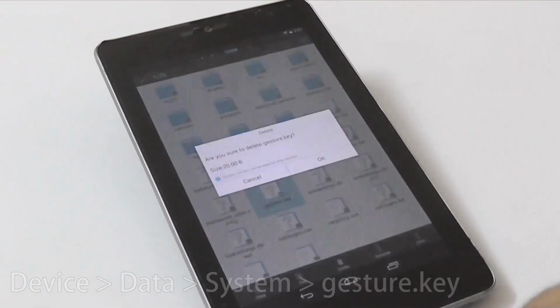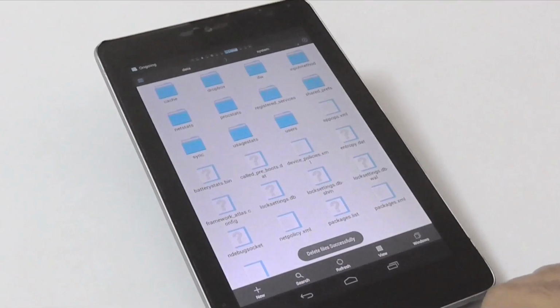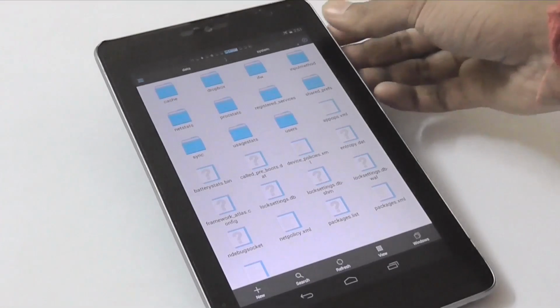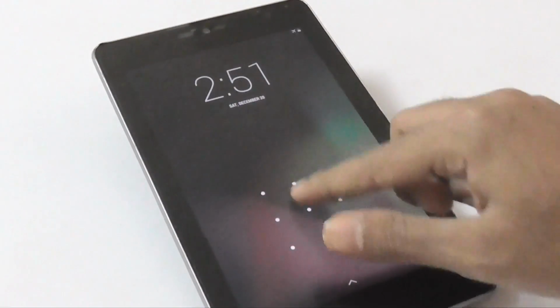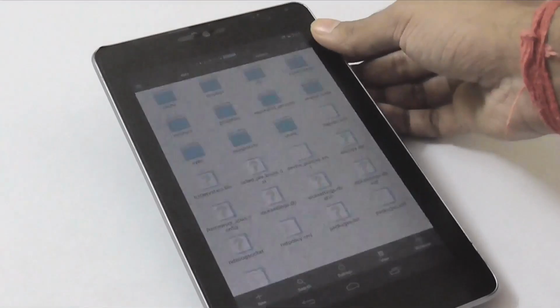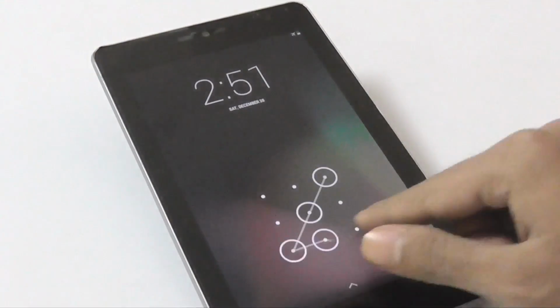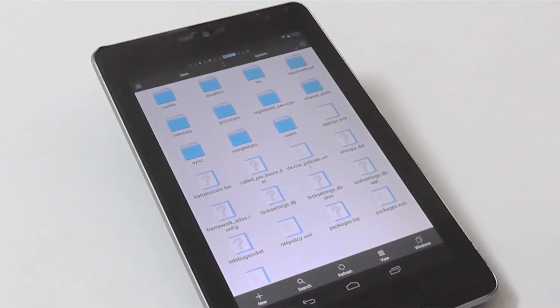But the funny thing here is that your pattern lock will still be there, but it will be opening with any lock combination. So this can be useful to prank some of your friends. But if you go beyond these simple pranks, there is useful information that can come in handy. Whenever one forgets his or her pattern lock, they can delete this file and simply log in to their